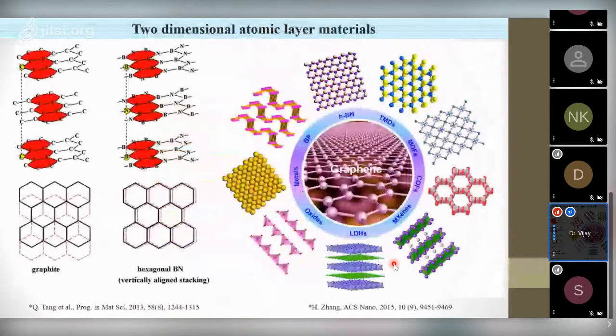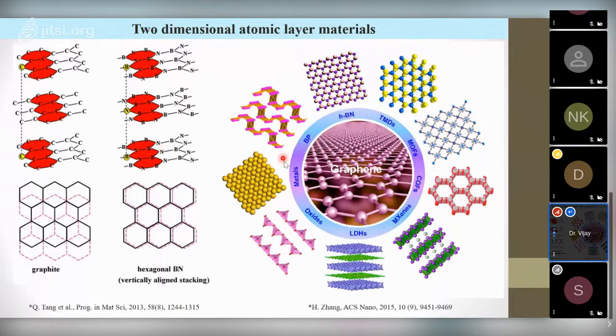So with this, I move on to two-dimensional material, which is my second most related research work in my career. Two-dimensional in the sense we can call it either as a graphite sheet. As you know, the graphite is arranged as a hexagonal turbostratic arrangement. If you peel out a single carbon layer, then it's a single graphene. More related to the carbon hexagonal honeycomb structure is hexagonal boron nitride, and that's a hexagonal shaped. So these are the two-dimensional materials which were known in earlier days and applicable in many environments.